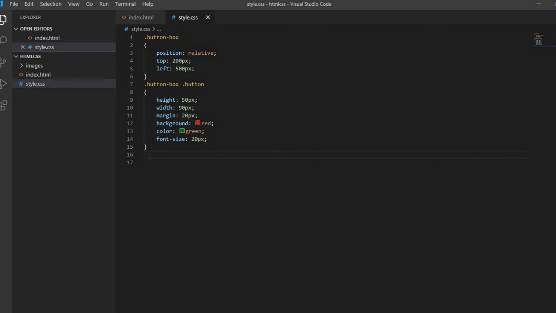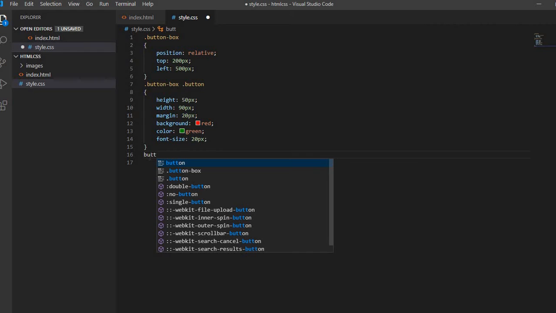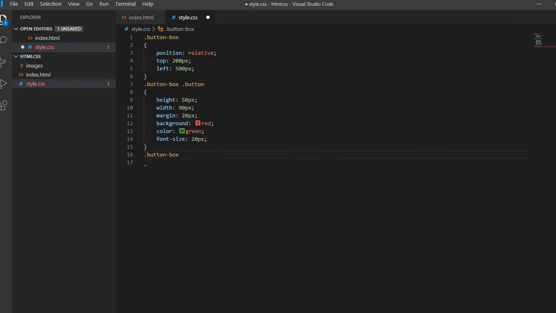Now we will perform the hover effect in a button, box dot button hover.